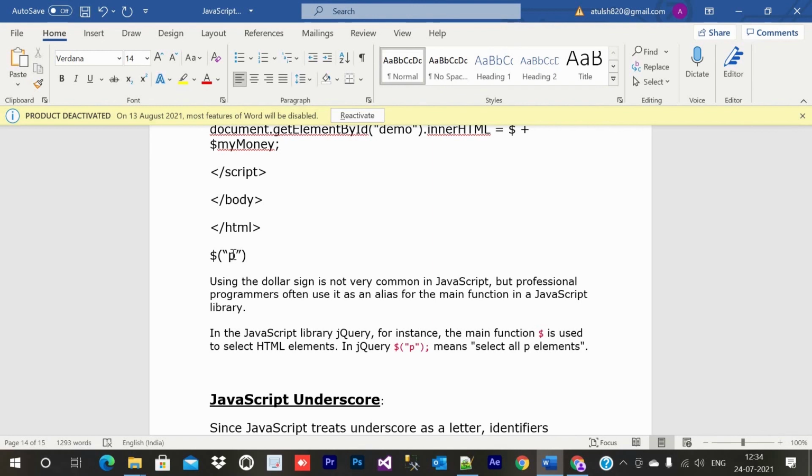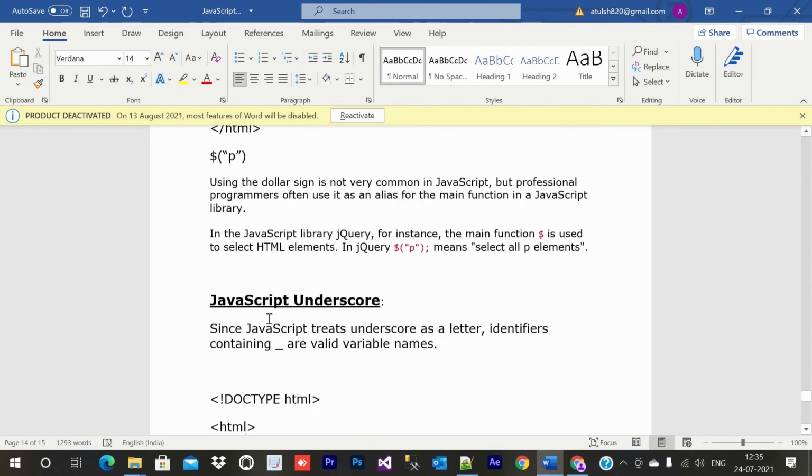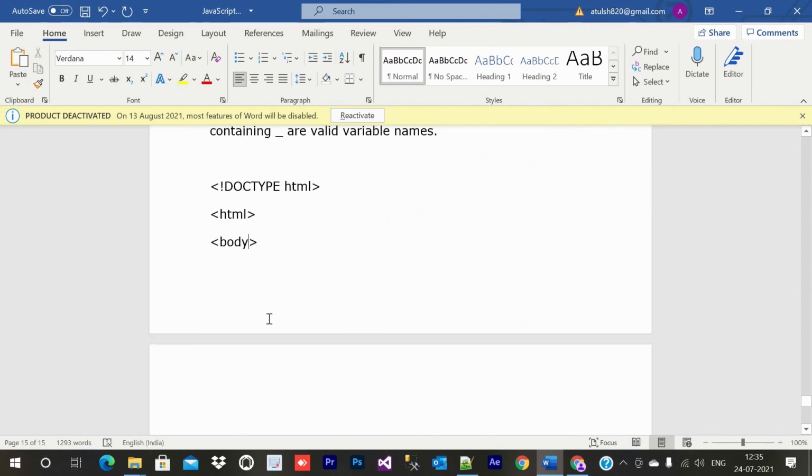So in jQuery we use $, so it is not recommended to use $ at the start or underscore like that, but you can use that. Using the dollar sign is very common in JavaScript, but professional programmers often use it as an alias for the main function in a JavaScript library, as I already told you about jQuery. So you can use $, or you can use underscore also.